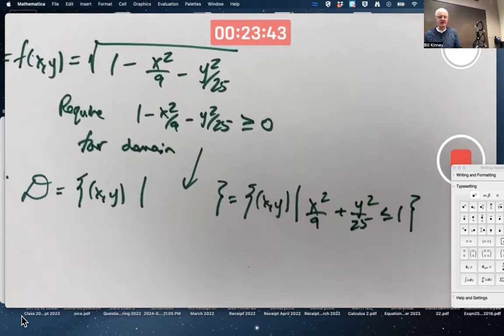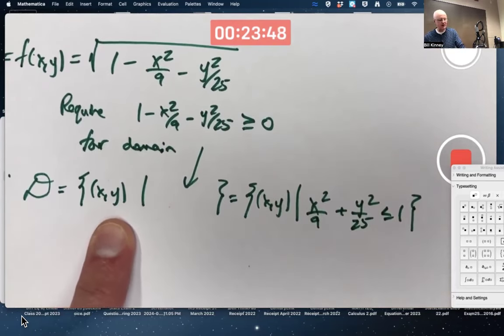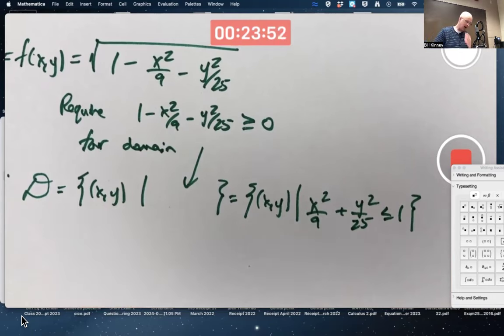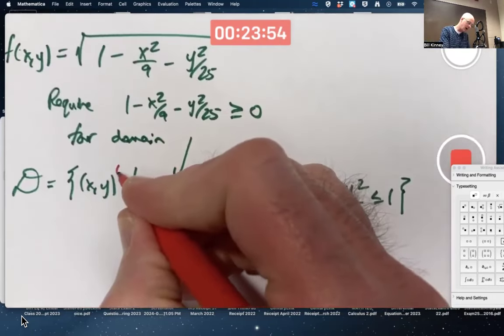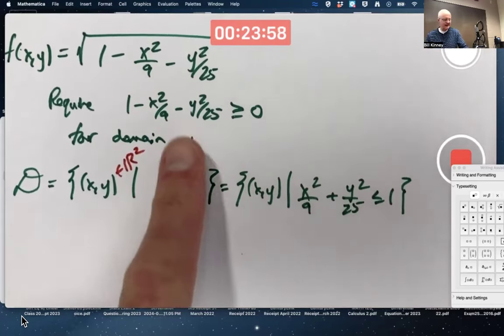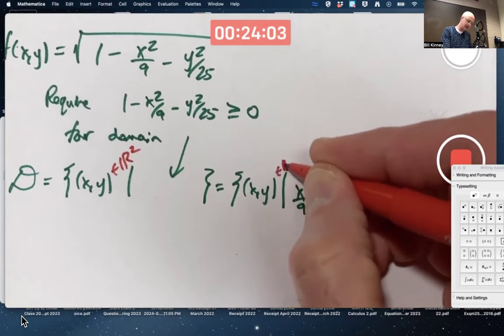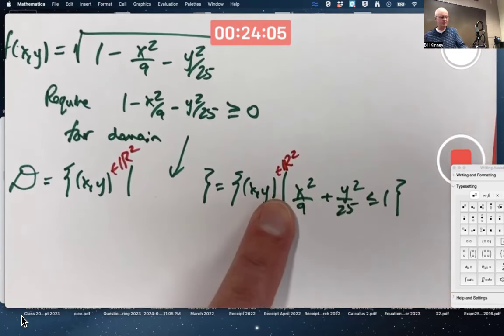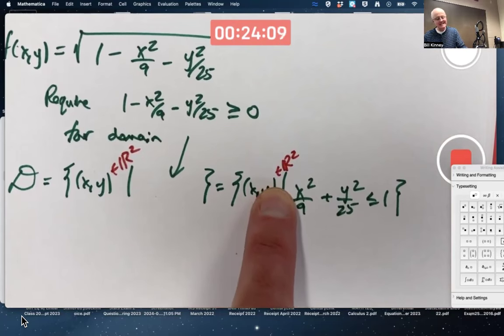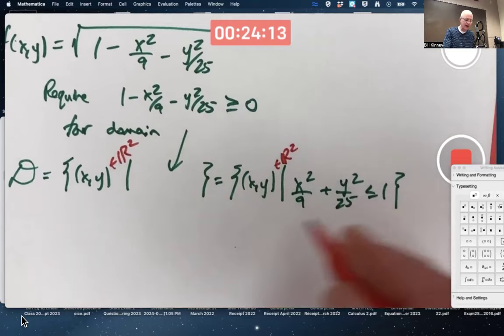This is called set builder notation. You read this as the collection or set of all points x, y in the plane, which you could call R2 if you like, satisfying that inequality. Alternatively, that's the set of all points in the plane R2. This funny looking E means in, satisfying this inequality. And if you graph the corresponding equation there,